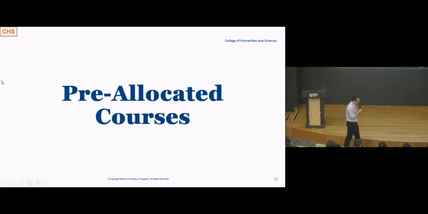Now, so how are you going to be assigned these courses? That's where the details and the explanation behind the decision criteria and decision process are going to be explained later on. But for some of these courses, there's actually no decision needed from you. Just like in your high school days, they are going to be allocated to you from day one. So these are what we call the pre-allocated courses, and I'll spend some time talking about them.